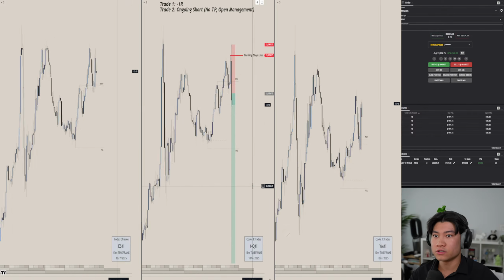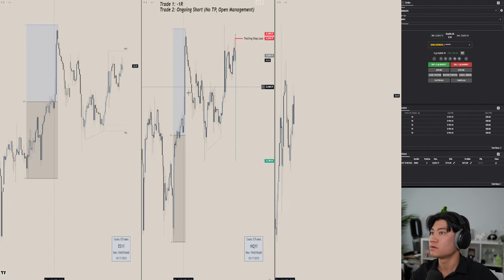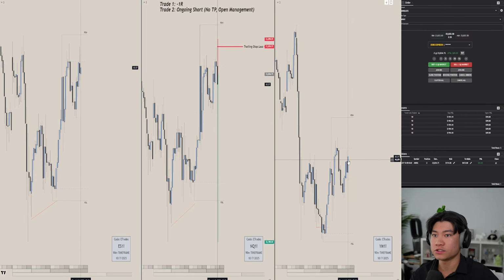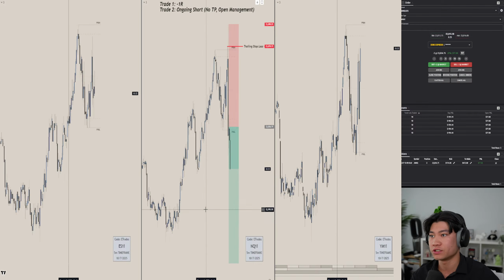This 15-minute candle closure looks pretty promising as of right now. On the 90-minute chart, I still have that hidden SMT. I just wouldn't want YM to come up all the way to close above previous day high's candle closure or body and then invalidate this hidden SMT. But at this point, I'm in this trade, so I just gotta let it run, to be honest, and manage it accordingly.